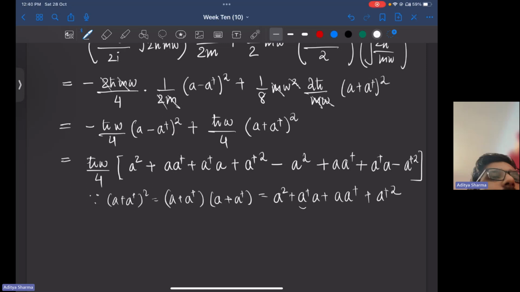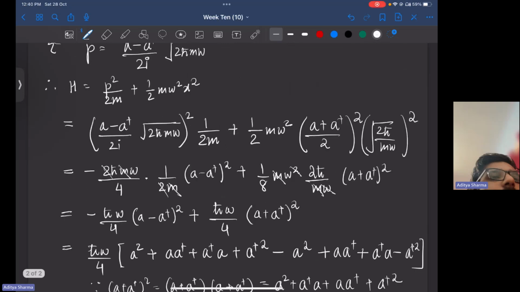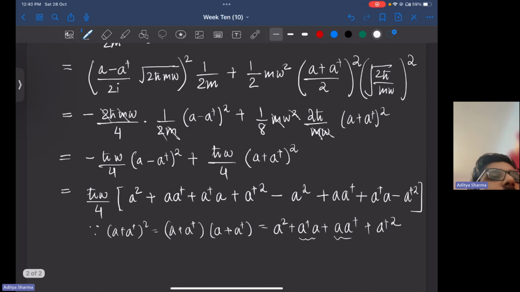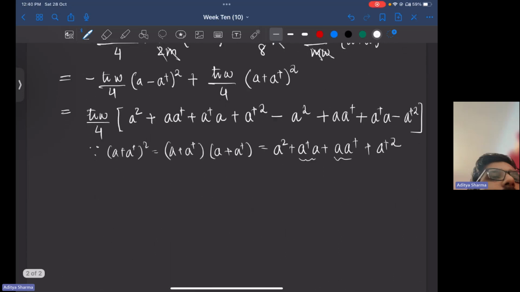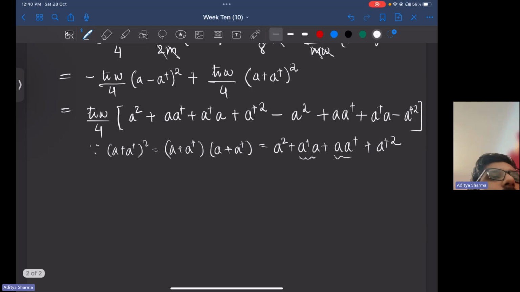Since these are operators, they do not commute, as we have seen from the commutation relation, so I can't just write them as 2a dagger a or something like that. This is what is going to happen. So this and this get cancelled, this and this get cancelled, and I've got